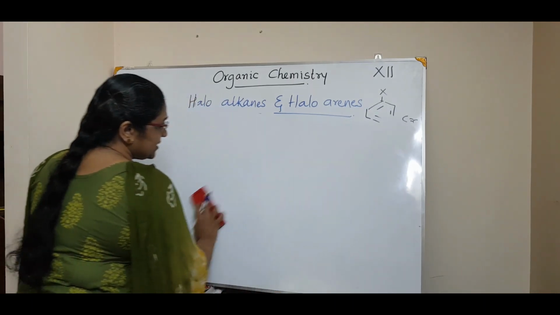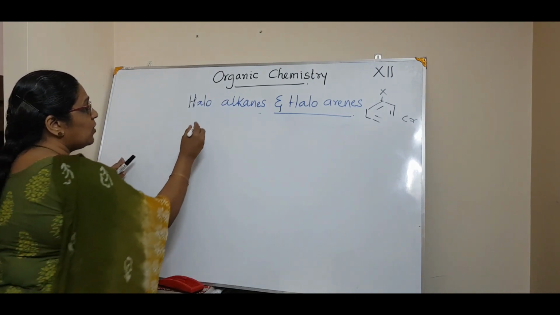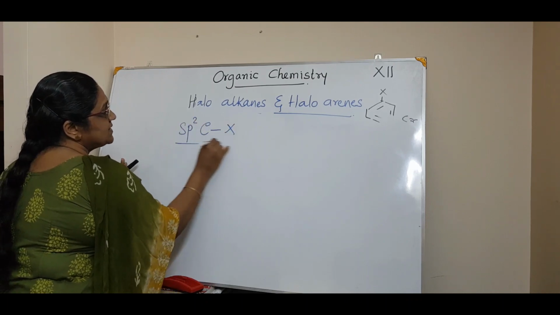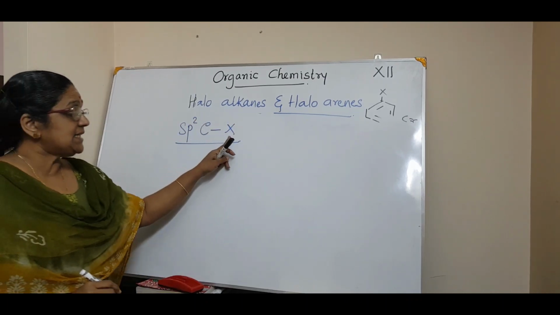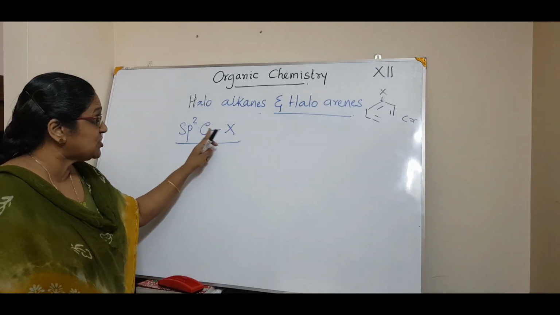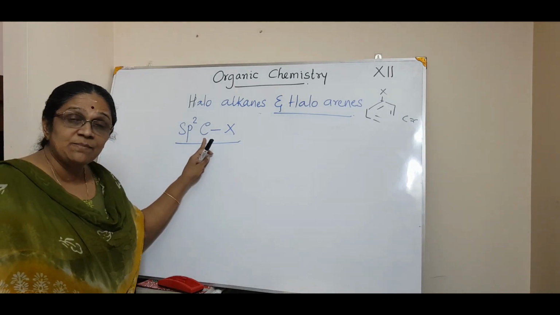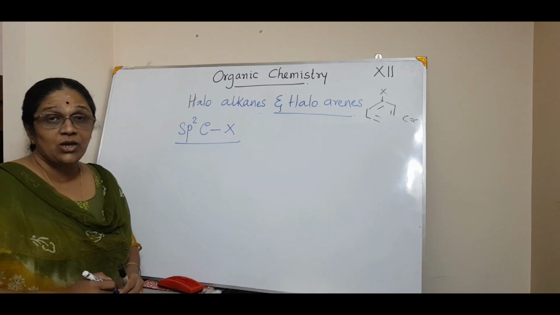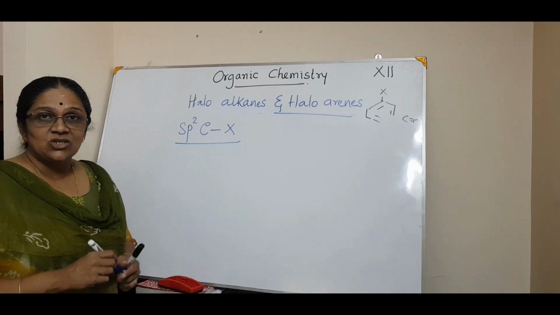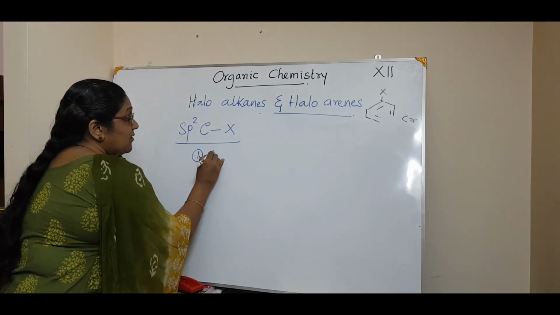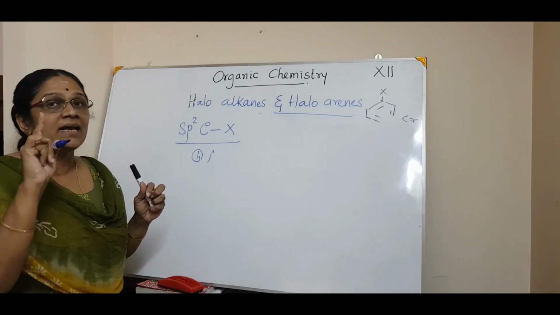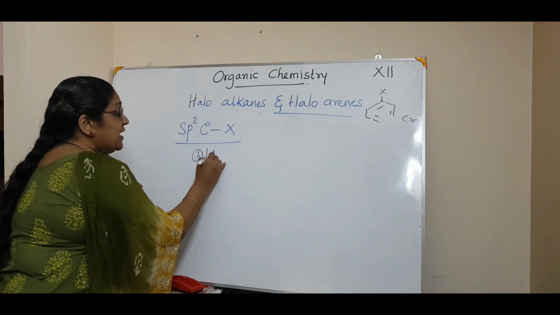Okay. Now the third and the last classification is based on the compounds containing sp2 carbon-halogen bonds. That means the halogen atom, we are studying haloalkanes or haloarenes, is attached to a carbon atom, and that carbon atom is in an sp2 hybridized state. And you know what is sp2 hybridized carbon? It must contain a double bond, isn't it? So the first one was the sp3 hybridization carbon, where you talk about allylic carbon. Now here you will say vinylic.